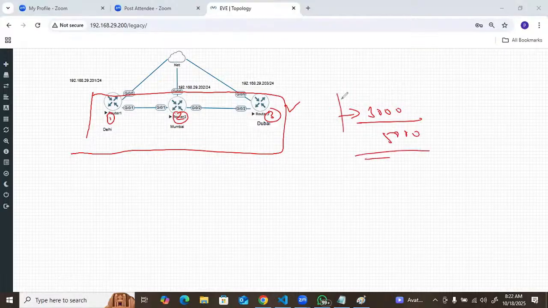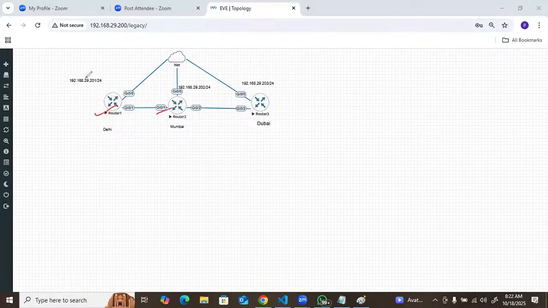I'm just assuming this is my infra. Total 3 devices. And what is the management IP of these devices? 192.168.29.201. And the IP address of this one, 202. And of this one, 203.